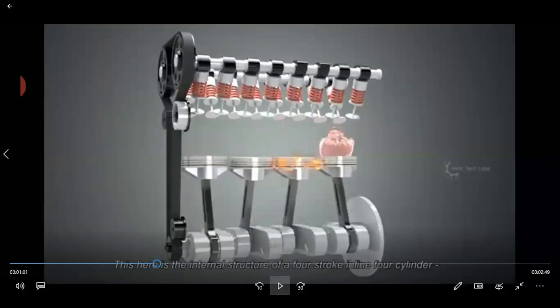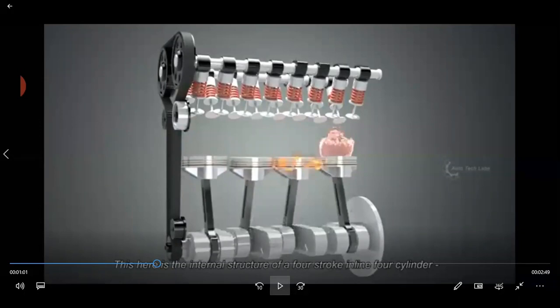This is a four-stroke engine. Why is it called a four-stroke engine? Because in four strokes of the piston, one single cycle is completed, and that cycle is repeated again and again to run the engine. So in one cycle, four strokes are completed. Four strokes are required here to complete one cycle of the engine. That is why it is called a four-stroke engine.